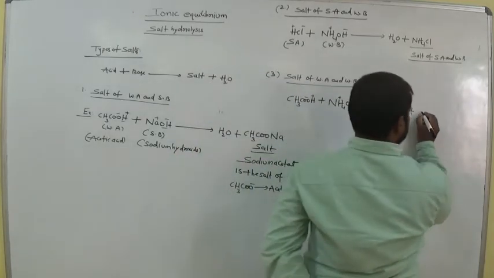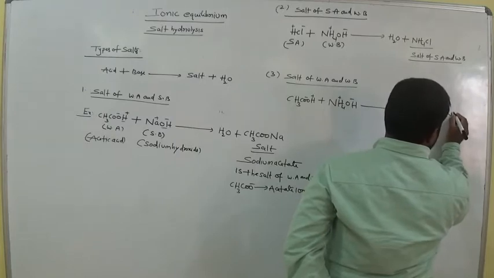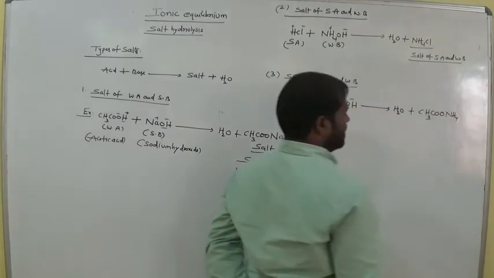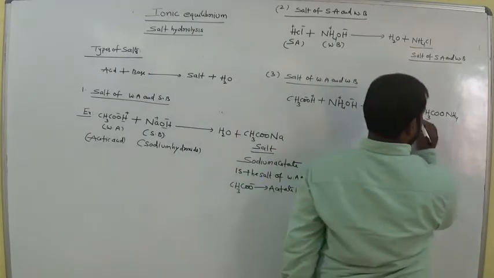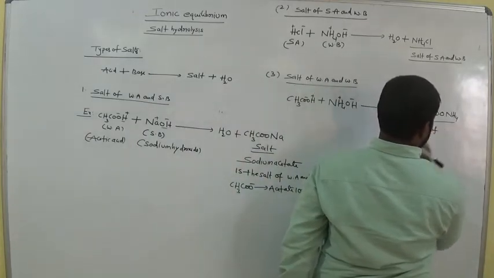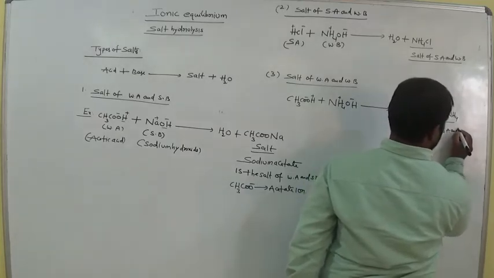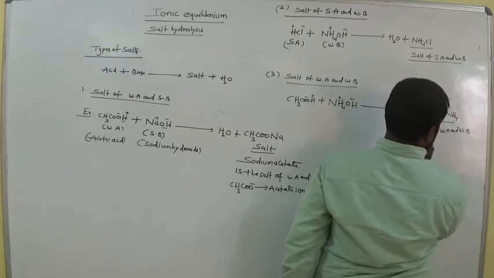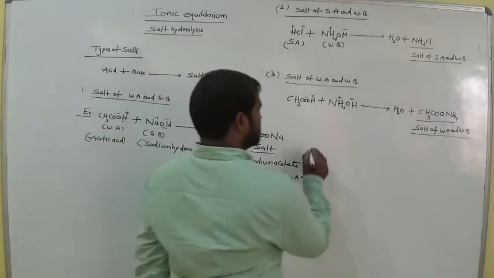So now CH3COONH4 is ammonium acetate. So now this is a salt of weak acid and weak base. Clear all of you? Everyone? Next, come to the fourth type,